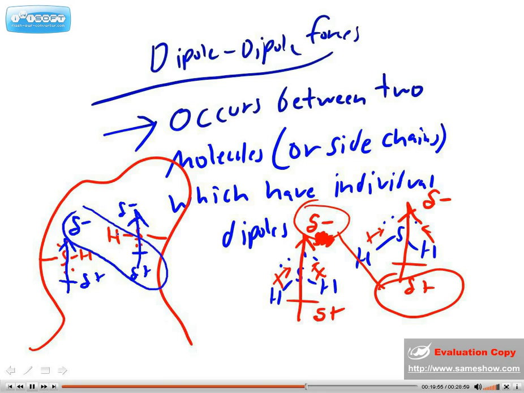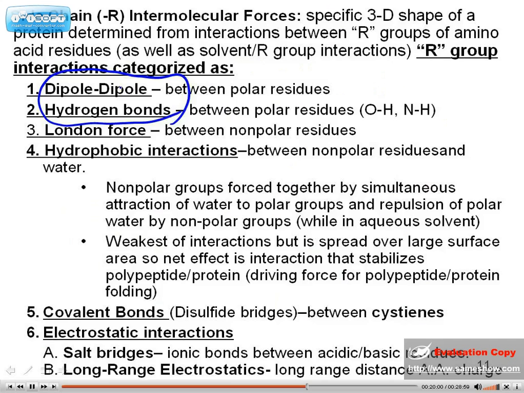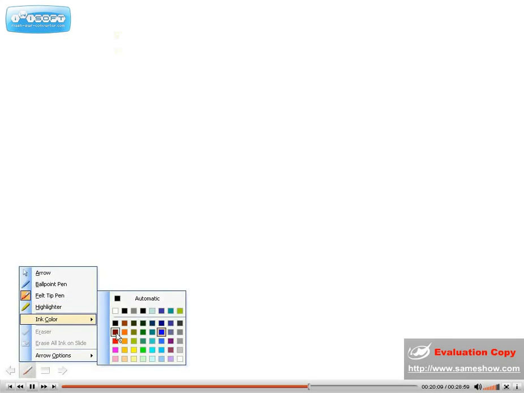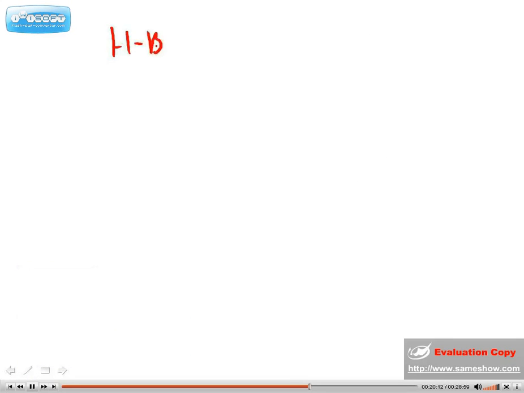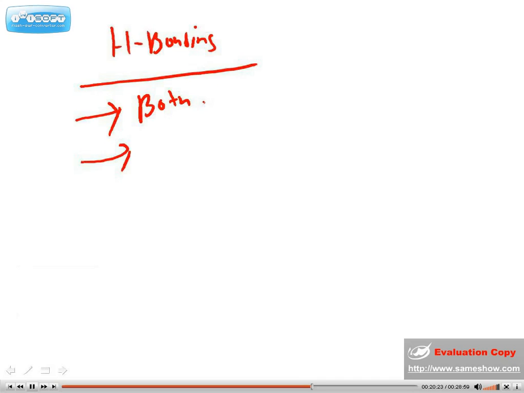So we have dipole-dipole forces. Now, hydrogen bonding. People often confuse dipole-dipole and hydrogen bonding. So, here are the requirements. Both molecules or side chains